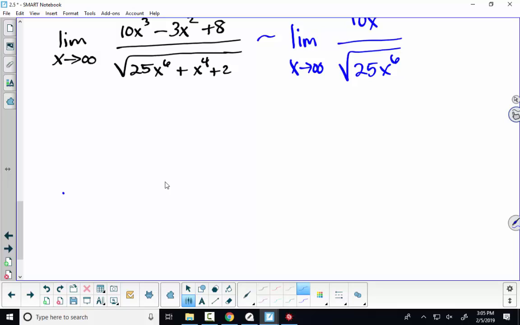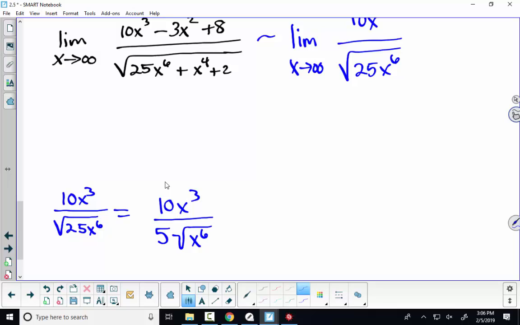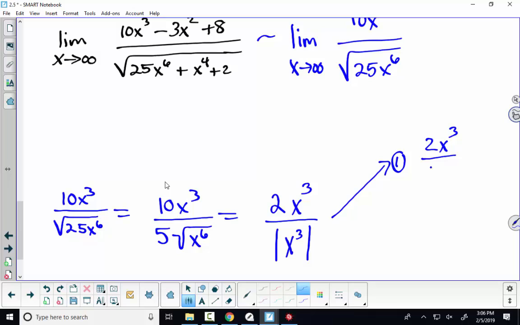So it's 10x cubed over the square root of 25x to the 6th, is 10x cubed over 5 times the square root of x to the 6th. So we can simplify that from here. 10 over 5, that's 2. So we've got 2x cubed. And we know what the square root of x to the 6th is. It's the absolute value of x cubed. And so this is 2x cubed over x cubed